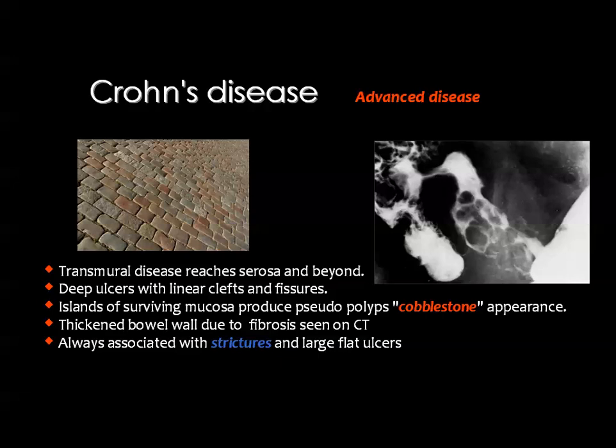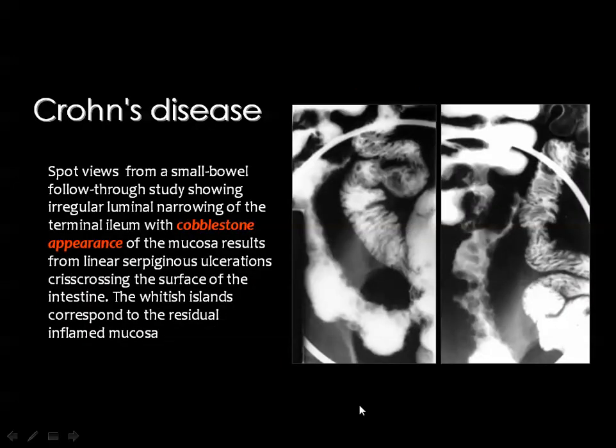Also, what is known as the cobblestone appearance due to hypertrophy of the normal mucosa between the ulcerated mucosa will give such an appearance, which is one of the findings also in Crohn's disease. And you call these pseudopolyps because they are not true polyps, they are mere hypertrophy of the normal mucosa in between the ulcerated mucosa. Then finally, after cobblestone, you get strictures and narrowing of the lumen, as you can